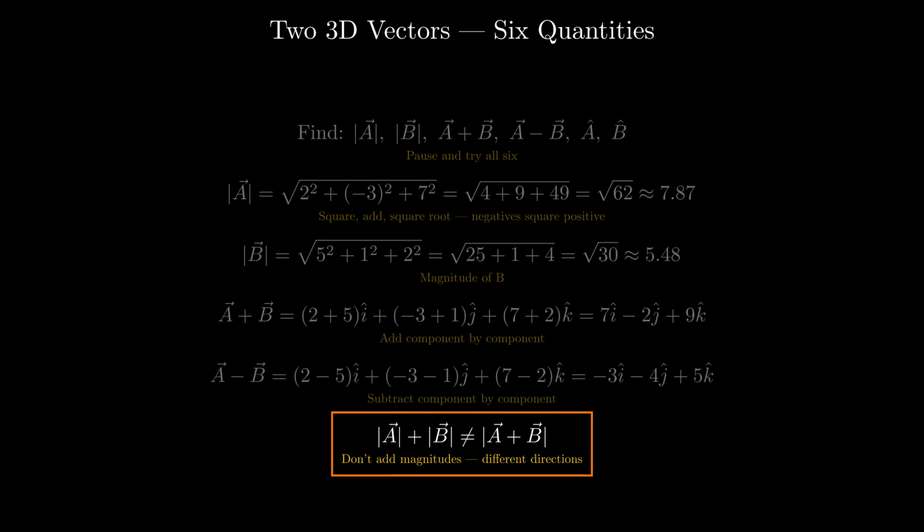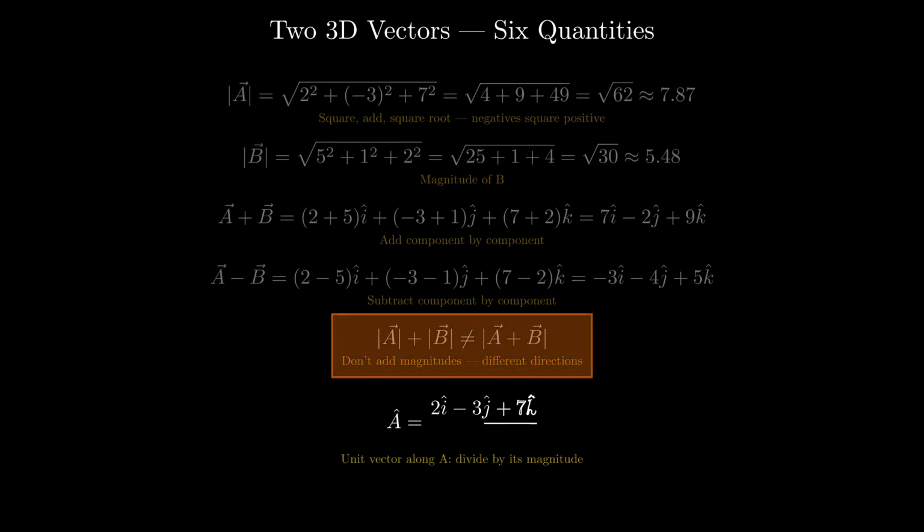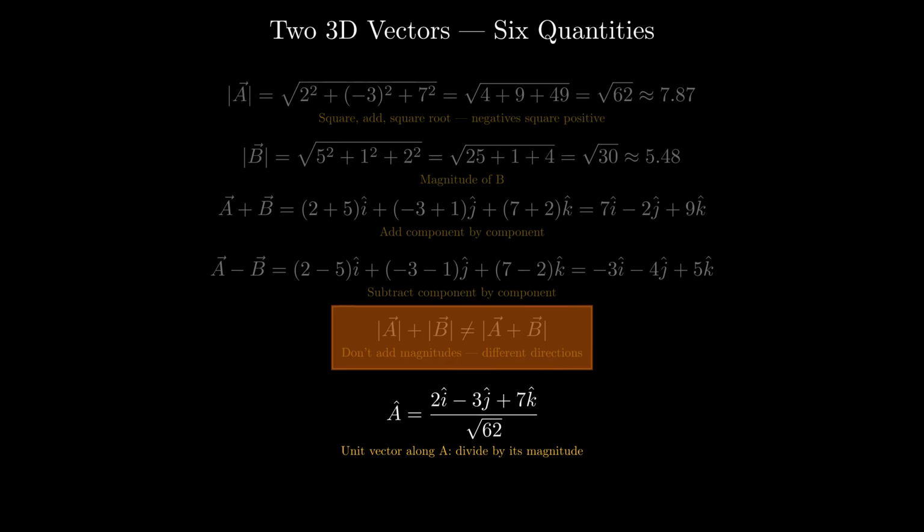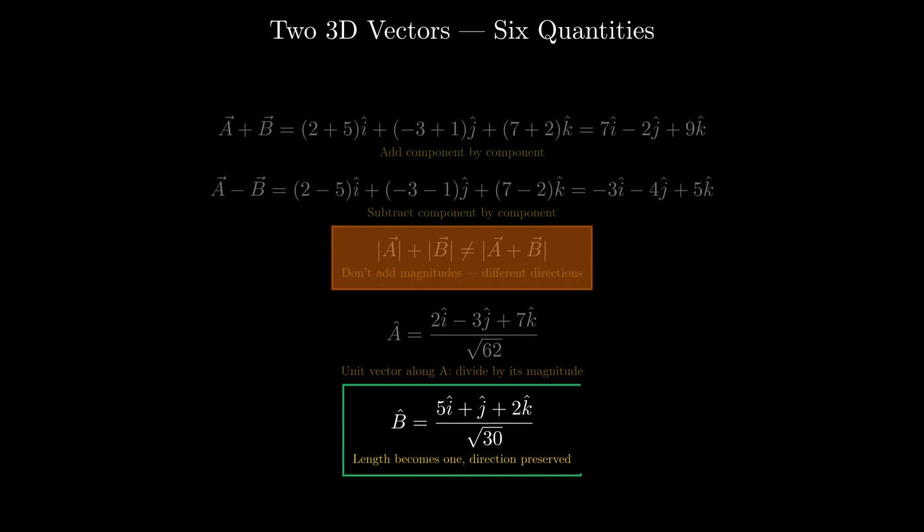Finally, the unit vectors. Divide each vector by its own magnitude. A hat equals 2i hat minus 3j hat plus 7k hat, all divided by the square root of 62. B hat equals 5i hat plus j hat plus 2k hat, all divided by the square root of 30. Dividing by the magnitude scales the length down to exactly 1 while preserving the direction. These 6 results, 2 magnitudes, a sum, a difference, and 2 unit vectors, all came from the same component data